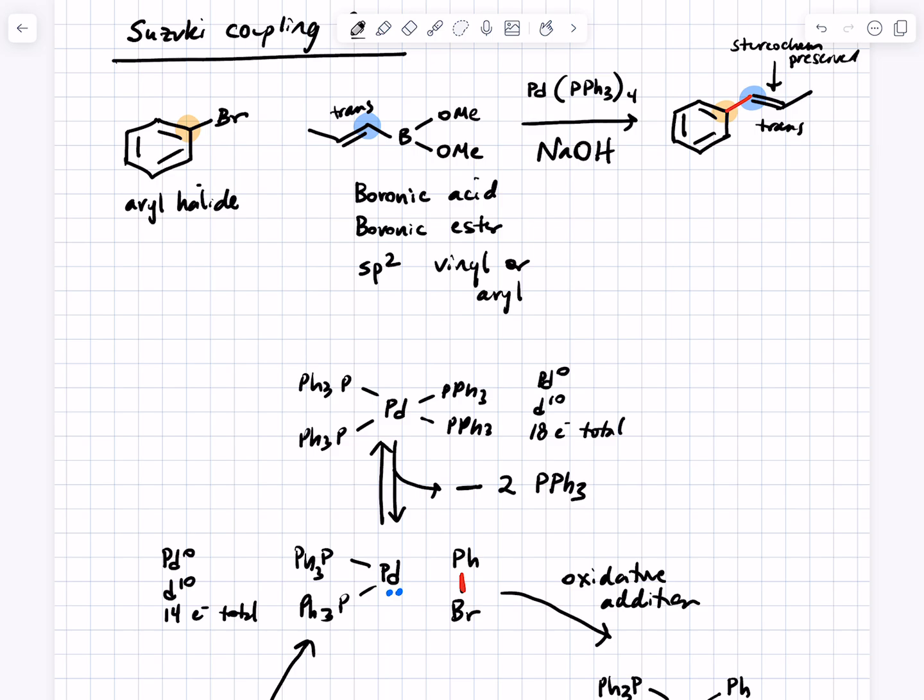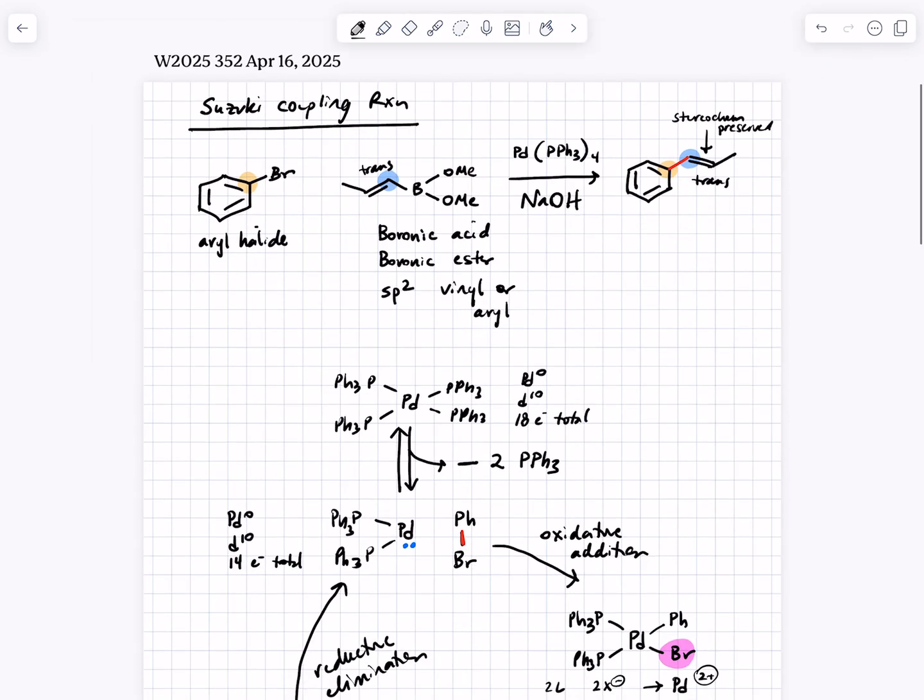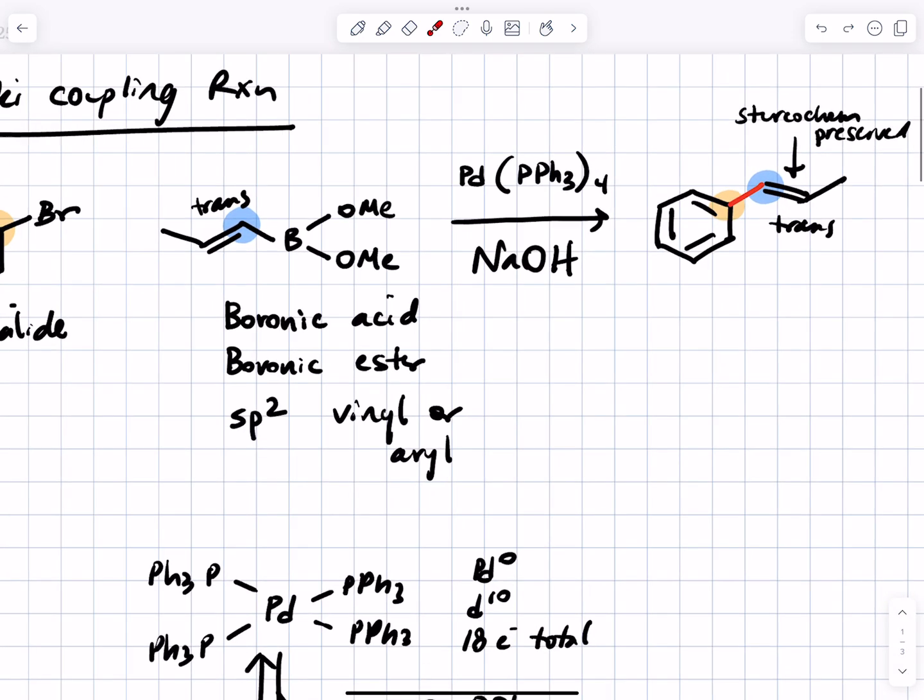Good. So as we talked about last time, the Suzuki reaction is a cross-coupling reaction between two parts. Both of them are sp2 hybridized carbons. One of them is an aryl halide, and the other is a boronic acid or a boronic ester. Some sp2 hybridized carbon can be vinyl or aryl, and then the boron is attached to the carbon, and these can be either OR groups or OH groups. And you have a palladium catalyst and a base, sodium hydroxide, and the new bond you make is that one